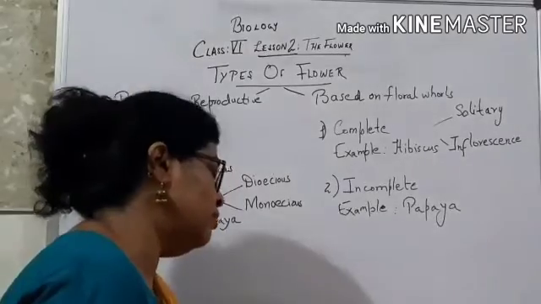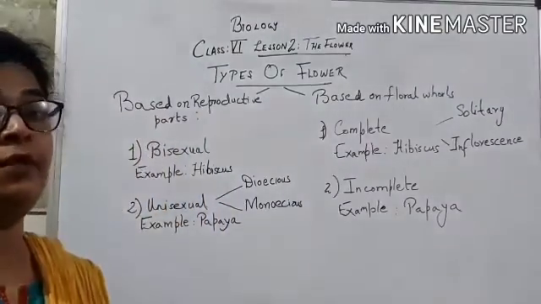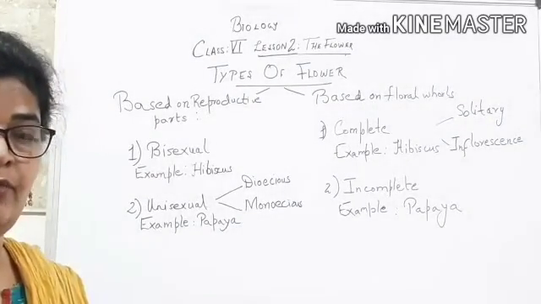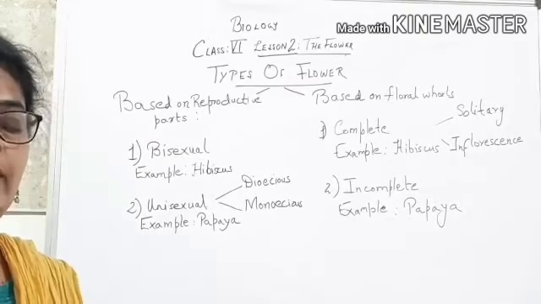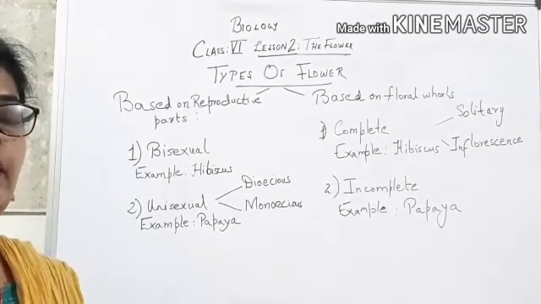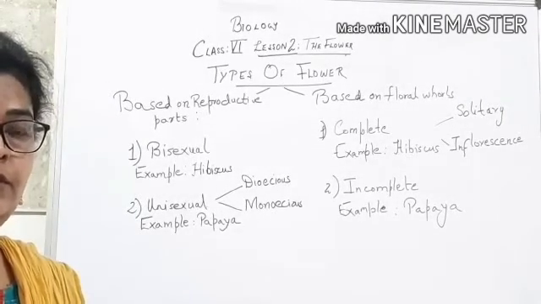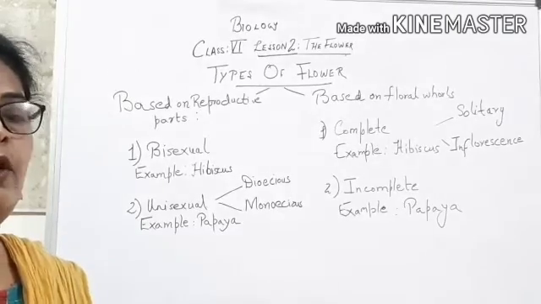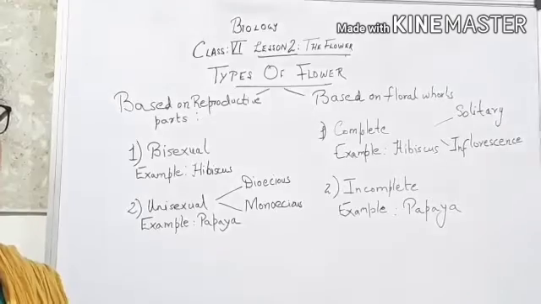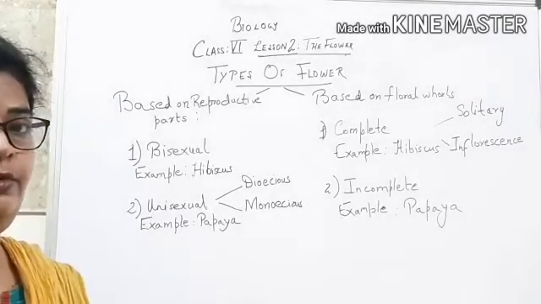Then the flowers are a source of food also, especially for insects and birds, which feed on the juice inside the flower called nectar, or eat the pollen grains. So flowers may have at the most 4 functions: reproduction, ornamental value, religious significance, and they are a source of food.